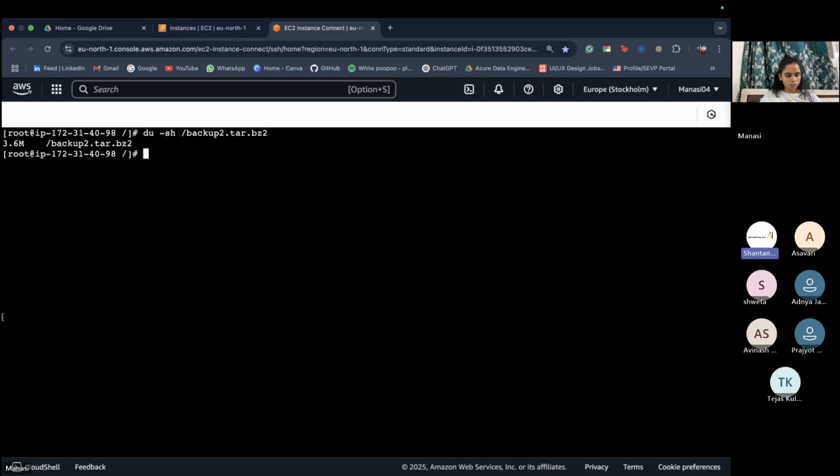Now at last we are going to use xz. So again the command is same, tar hyphen c. Now we are going to replace j with capital J, pf slash backup3.tar and the extension, followed by the directory name or the file name that we want to compress. Execute this command.